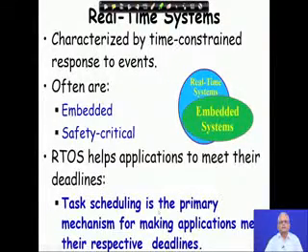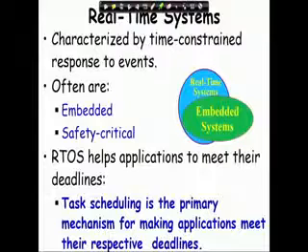But then the question is, how does a real time operating system help the tasks to meet their deadlines? The answer is that the real time operating systems have a task scheduler, and it is the task scheduler which is the primary mechanism used by the real time operating systems to meet the